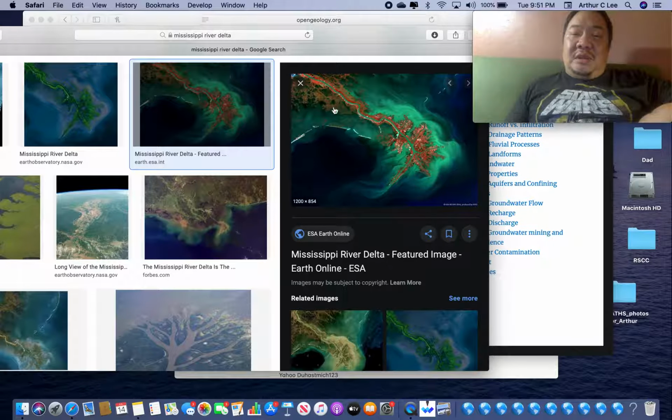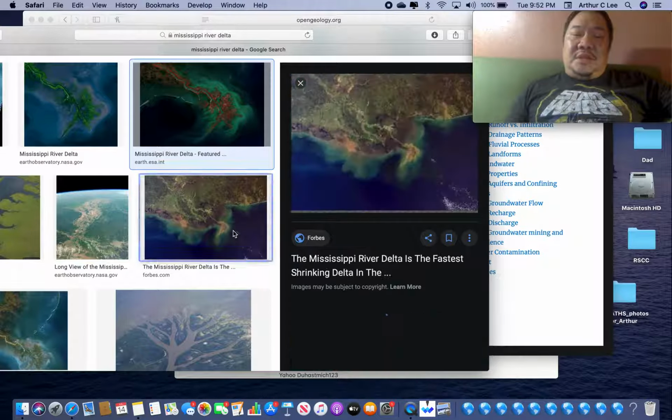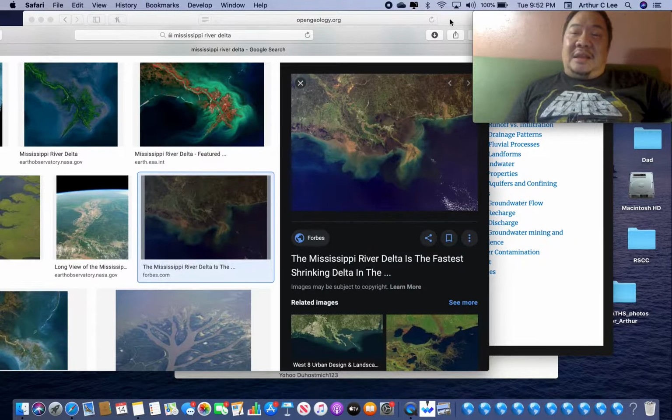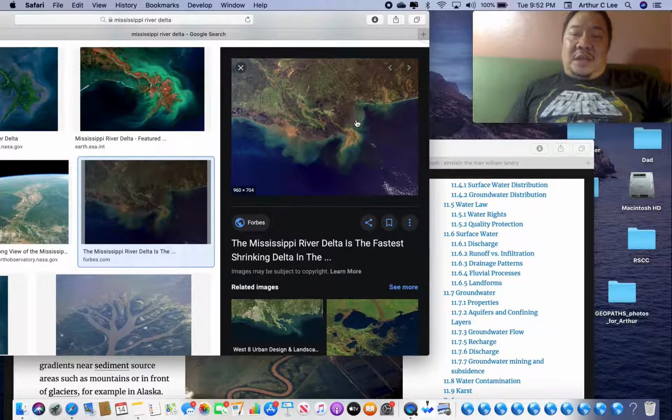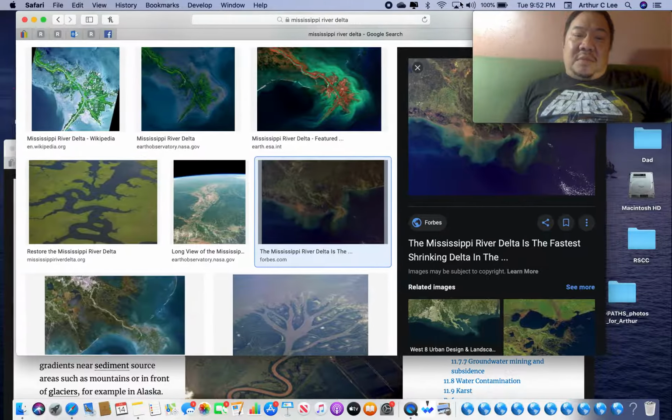You look at all of this land has been added from the load of the Mississippi River. So the Mississippi is gaining land as more and more sediment is being dumped out into the Gulf of Mexico. It's gaining more and more land. However,